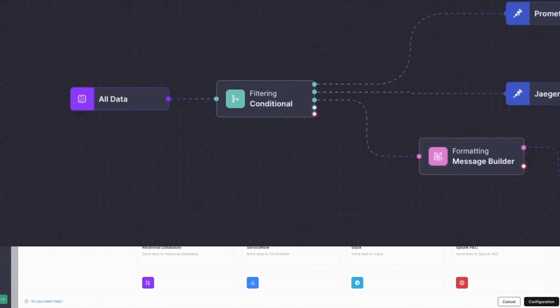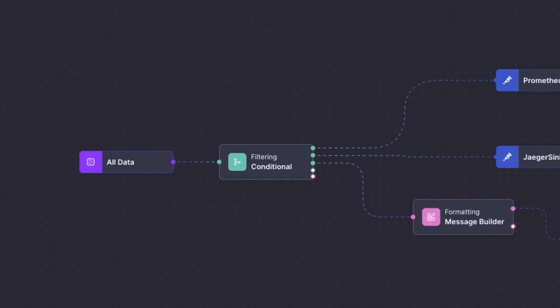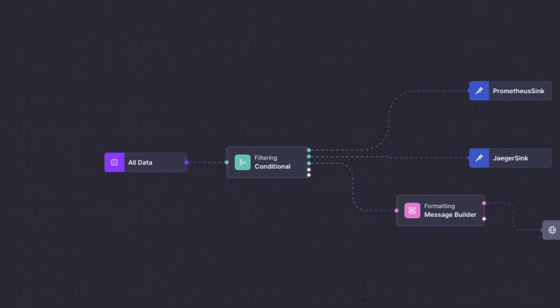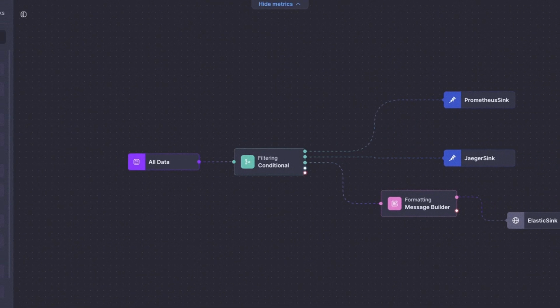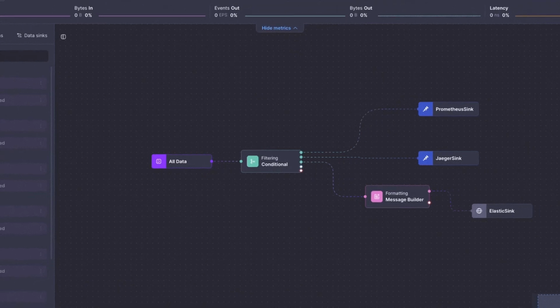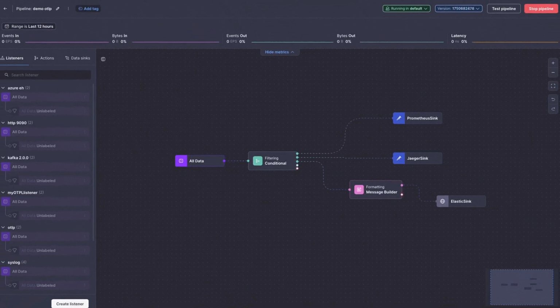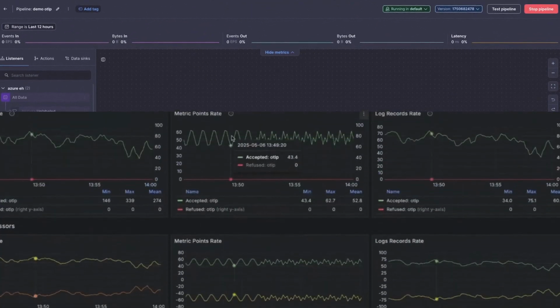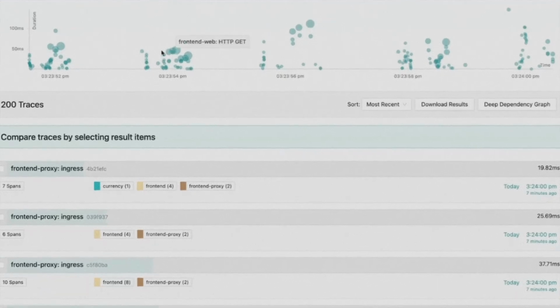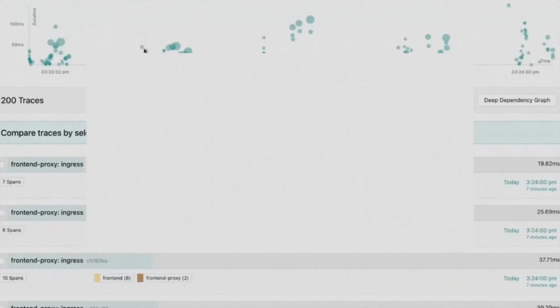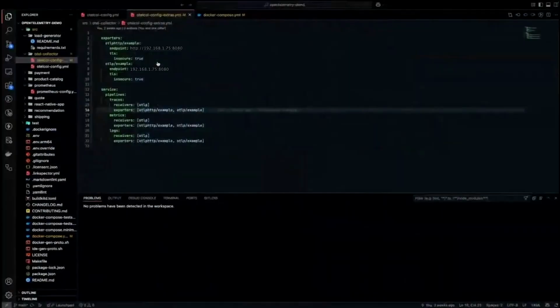In this use case, we are working with an e-commerce shop. Each of the product services in the shop generates specific telemetry datasets that we want to send to different monitoring services. We are sending metrics to Prometheus, traces to Jaeger, and logs to Elastic. We want to centralize and analyze all this data, and we will define a pipeline that forwards all our data